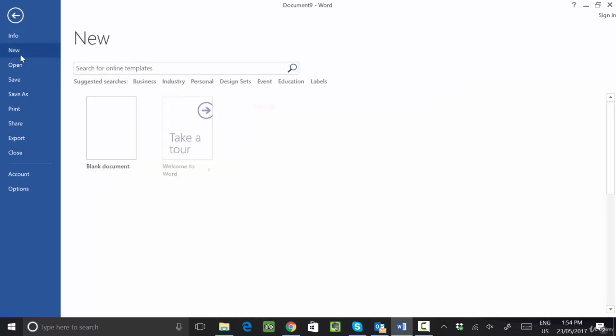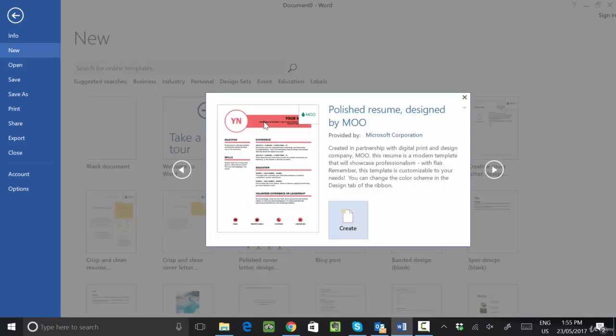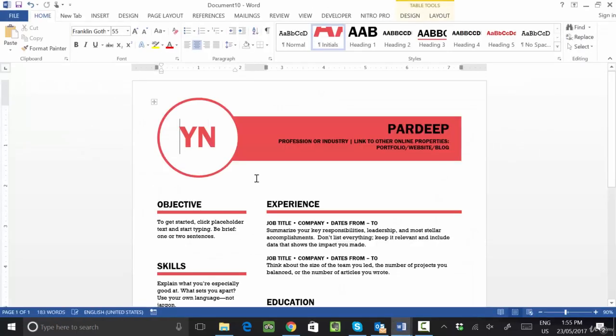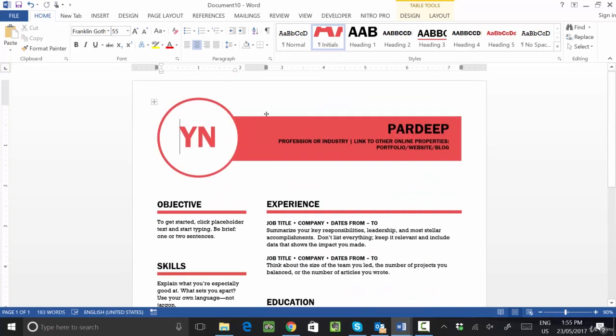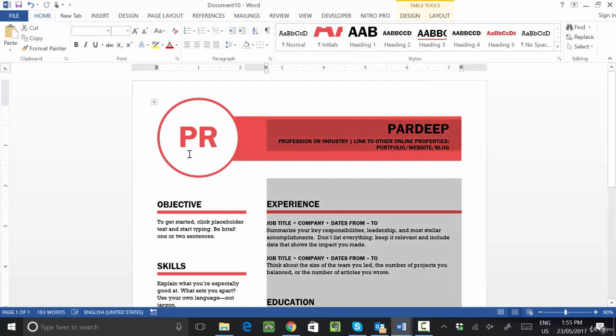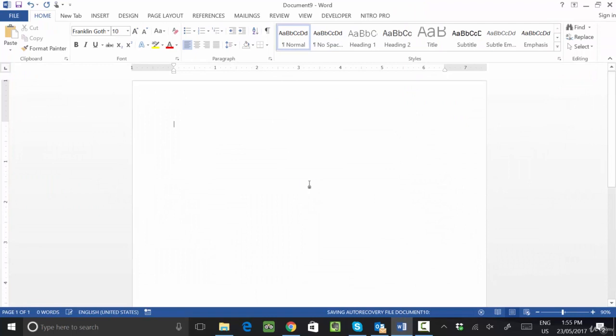Okay, so let's have the first look at New. As I already mentioned in the previous session, the New option is basically used to take a new file in MS Word. If you want to use a ready-made template, simply click on the selected template and click on the Create option. The template is loaded on the screen, and if you want to edit, you can edit it also. Suppose I want to change something, so it is edited now. You can change any area in the template format. As I already mentioned in the previous session, the shortcut key of New is Control N, so a new document will open if you press it.